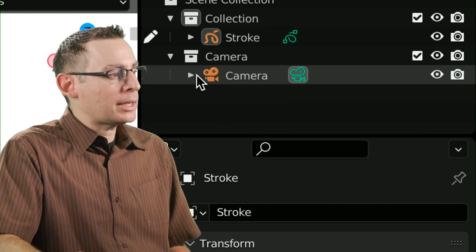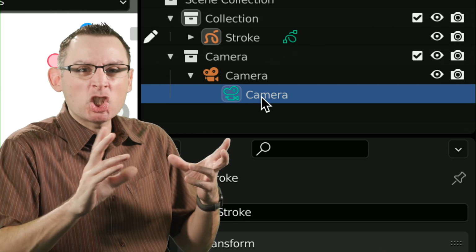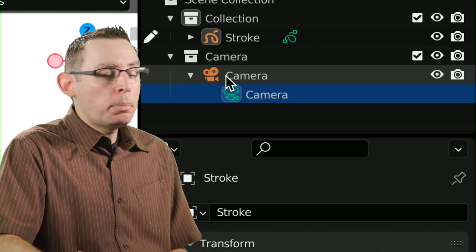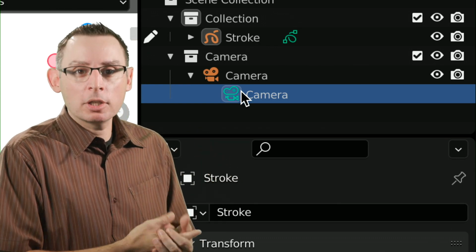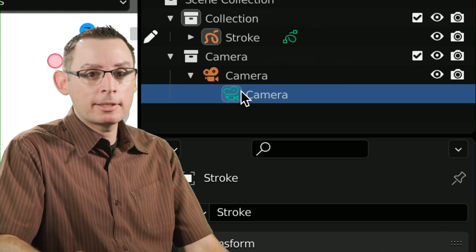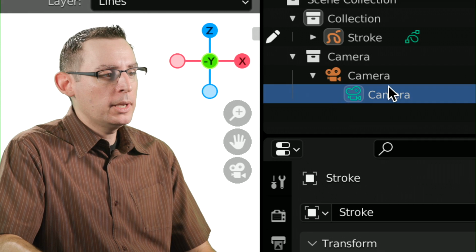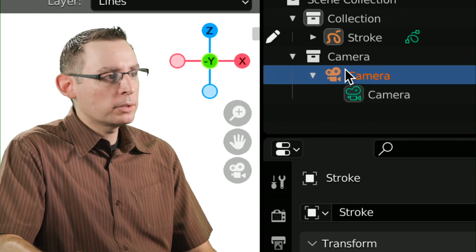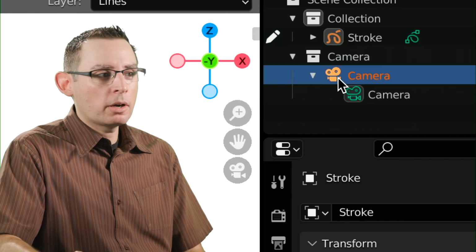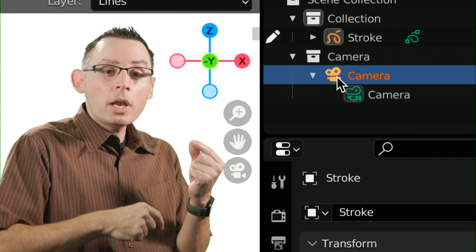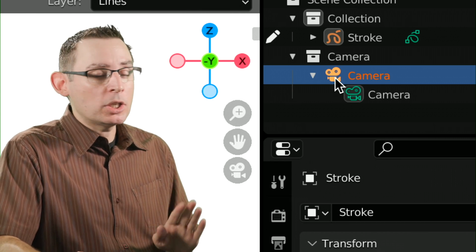Inside of these objects, we have a whole series of data properties and data chunks, if you will. The components of the object determine the function of this object inside the larger context of our Blender scene file. I am looking at my camera object for a moment, and you can see that it's orange. Same with the stroke. Look at the colors. These colors are important. These colors are Blender's way of communicating what object and component that we're working with. Orange is the indication of an object.